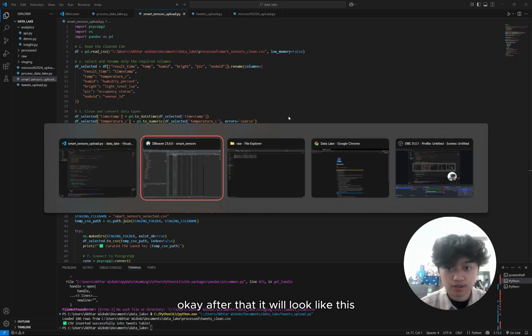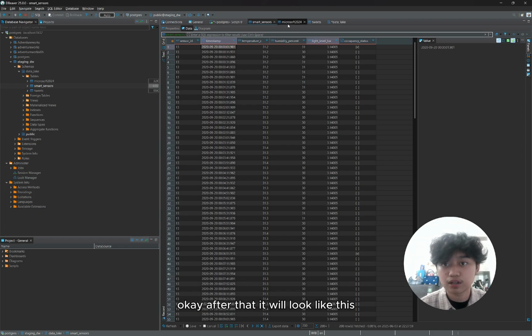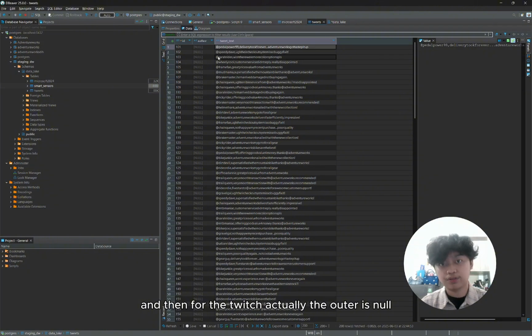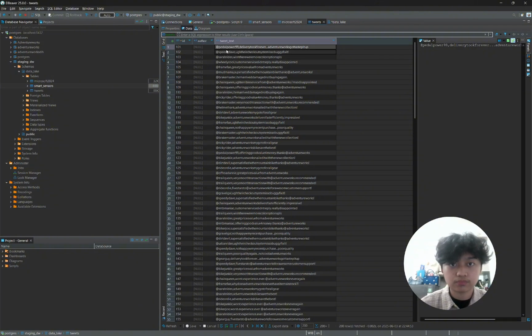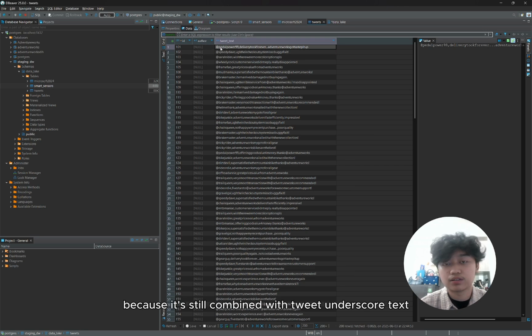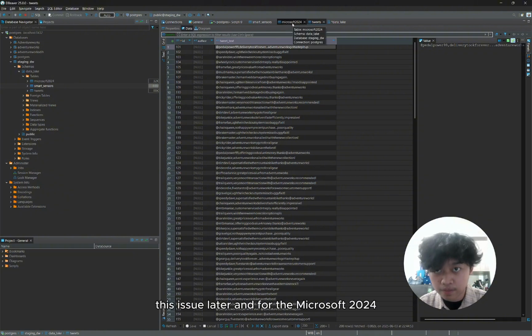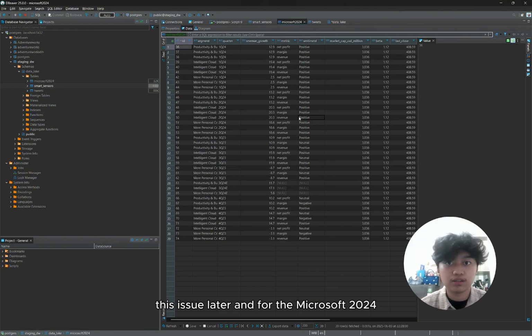After that it will look like this. For the tweets, actually the author is null. It is because it's still combined with tweet_text. I will clarify this issue later. And for the Microsoft 2024, this is actually the complete one.